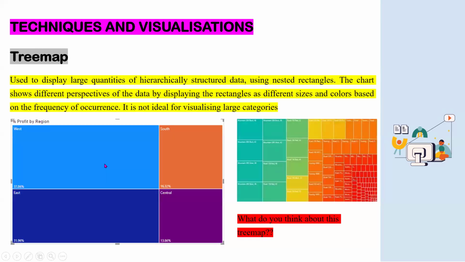Then we also have a tree map. The tree map is also similar to the pie chart. Just fractions. So it tells you that maybe this is the highest, then this, and then that. Now, you look at this one here, you come to realize that this is not an appropriate visual when we have a lot of categories. So this is similar to the pie chart. It looks like a pie chart, but rendered in a different form.